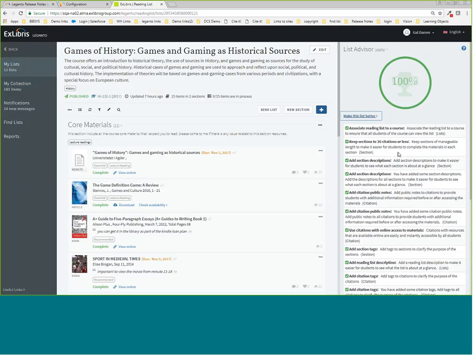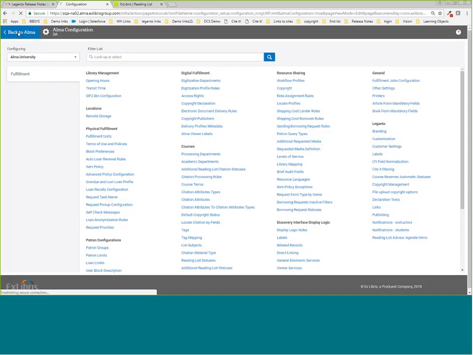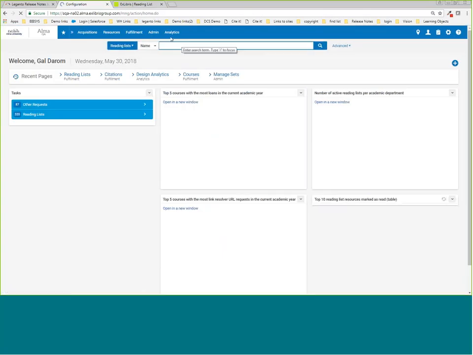So you can choose what tips are important for you and adjust your specific tips that are relevant for your institution, and the score will be relevant for those. Okay, so this is the Leganto side, but this functionality also spans to Alma. In Alma, if I look for the reading list,